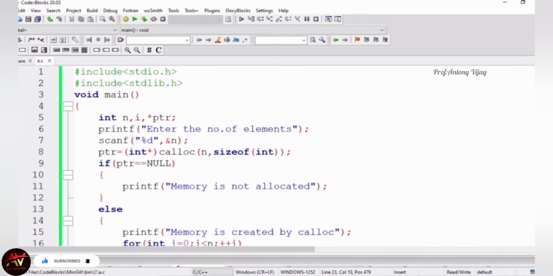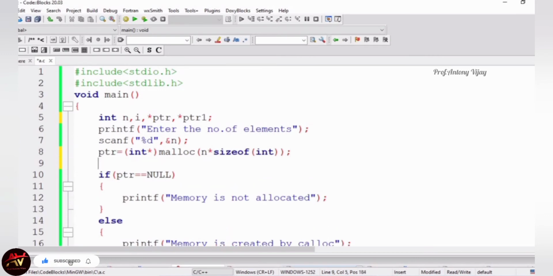Here I am going to use two memory allocation methods, first malloc and then calloc. For that I need two pointer variables, star ptr and star ptr1. Star ptr is for malloc, so I am changing it here and mentioning n star.